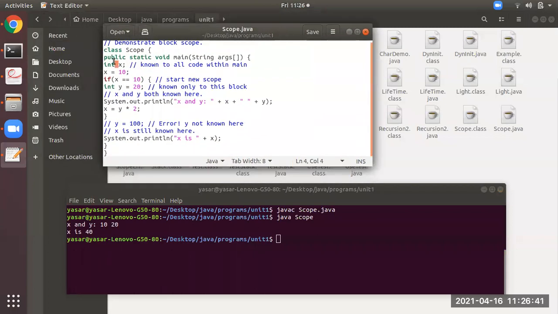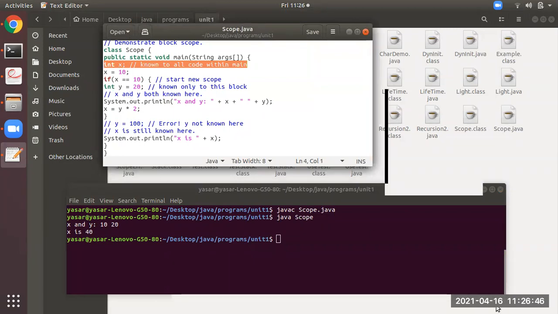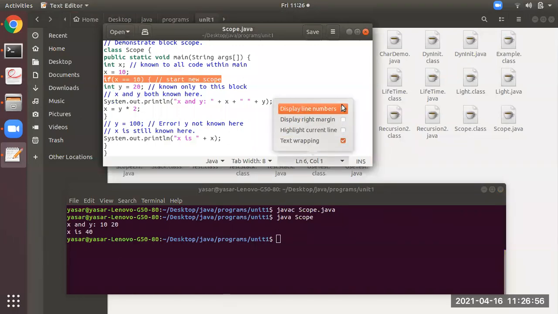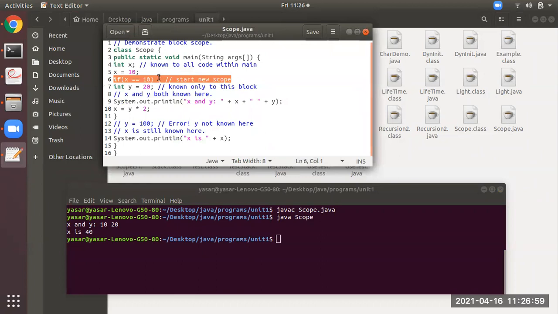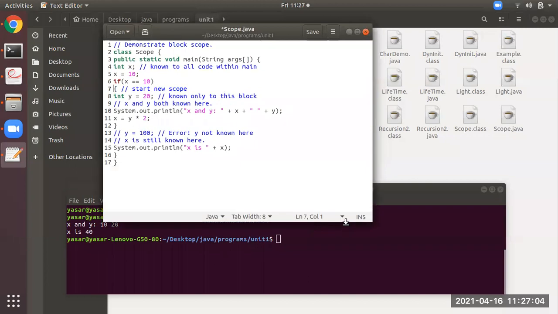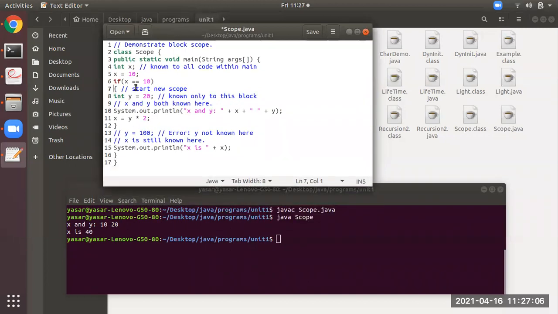See here, after public static void main, there is one x variable, which is initialized as 10. Then there is some code. I will display line numbers also. You see line number 6 has an if condition, x double equal to 10. It is comparing the x value with 10. So x is 10, 10 double equal to 10. That is